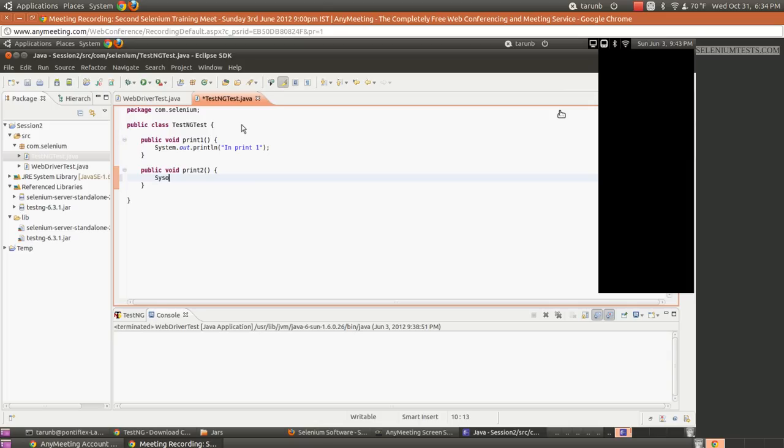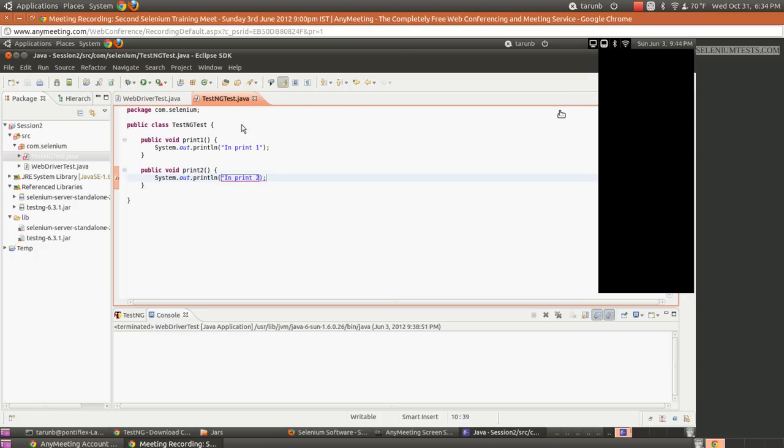Yeah, yeah. Okay, so I'm writing another small method here. See, I am not just typing the entire System.out.println here. In Eclipse you have lots of shortcuts. So if you say sysout, Control Space, it types everything. So you can use that. Okay, so this method, what it does, it says in print2, that's all. So these are two methods.